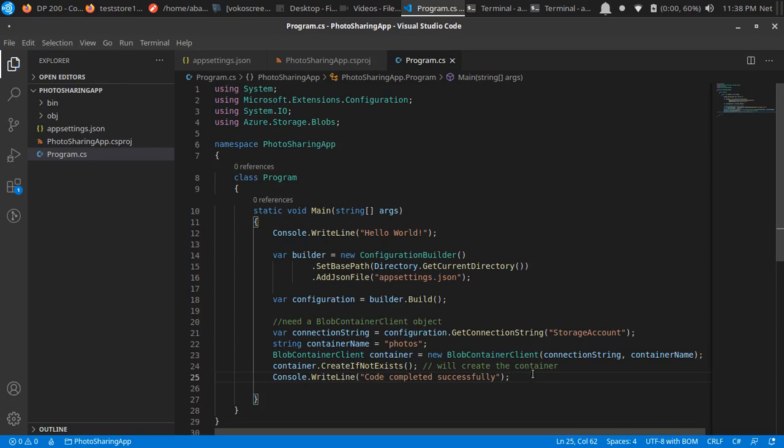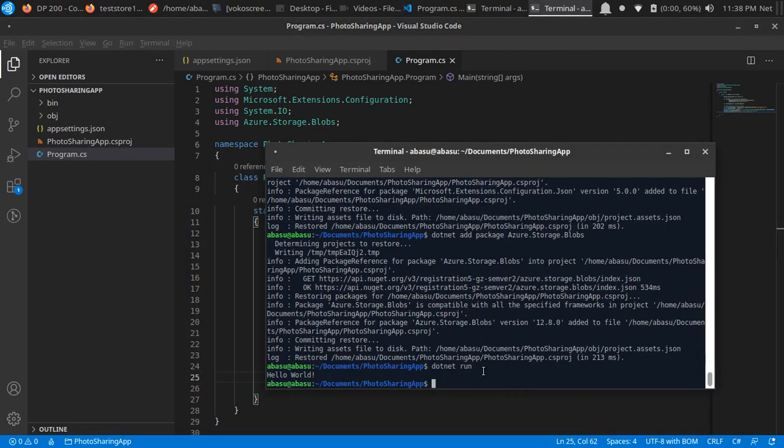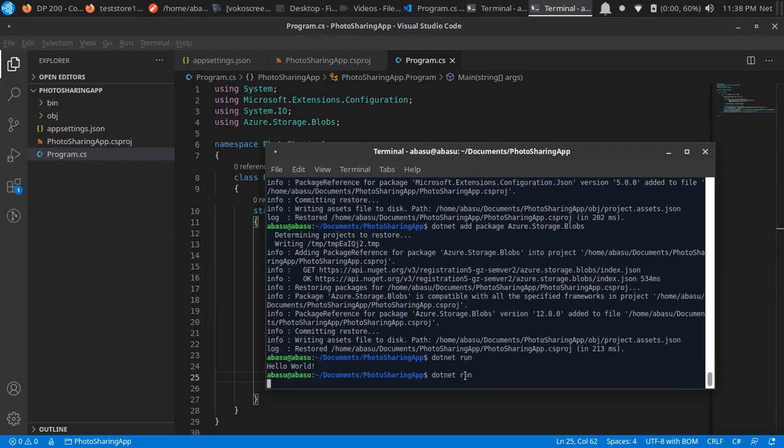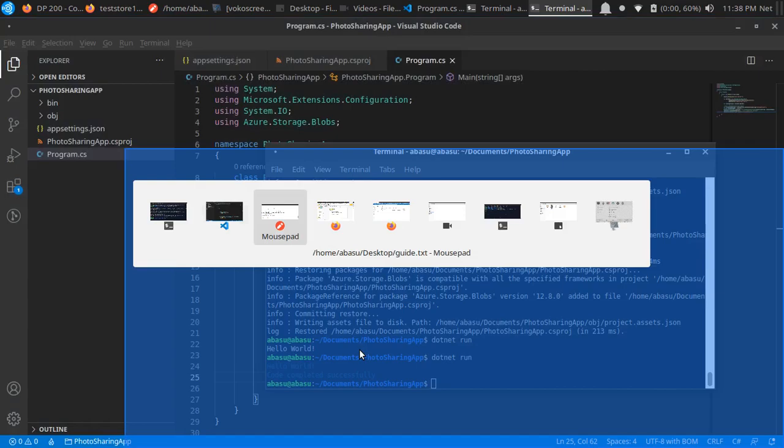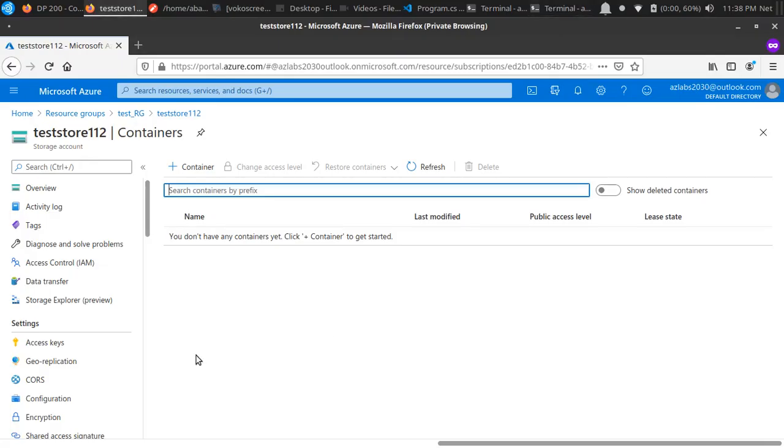So let's quickly run a dotnet run just to make sure that we have our code going pretty good so far. So let's do a dotnet run and see what happens. If everything is good, okay, so both of them work properly. So that means if I go to my Azure store, there was no container. So if I refresh it,